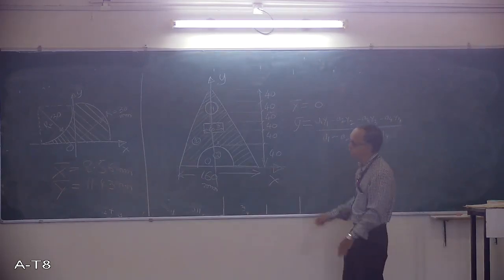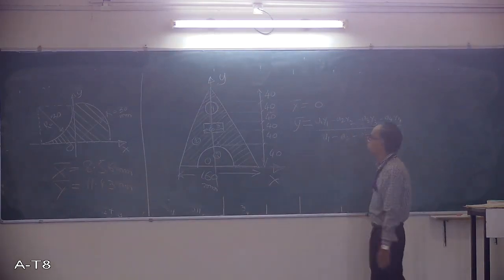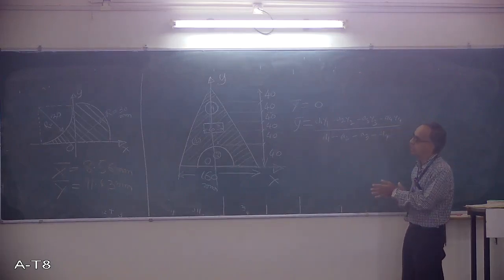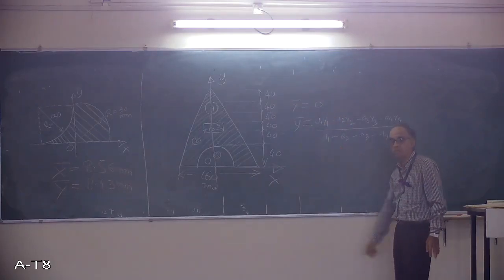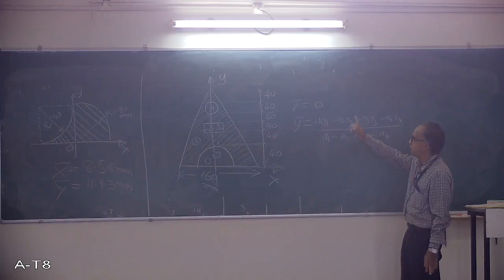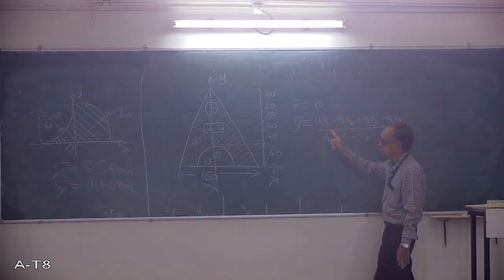When I take the triangle into the picture, the whole triangle will come in the picture, but the remaining three parts are not shaded. You have to write that. And then x bar is already 0. So you have to write the corresponding values. A1 is the area of the triangle. A2 is the area of the semicircle.